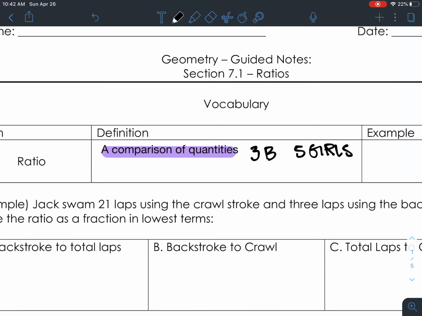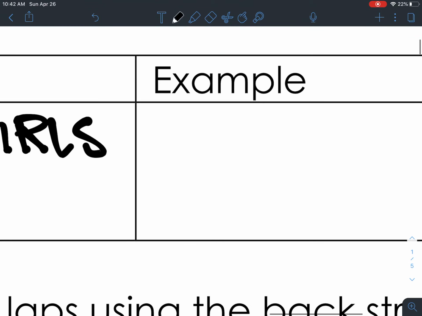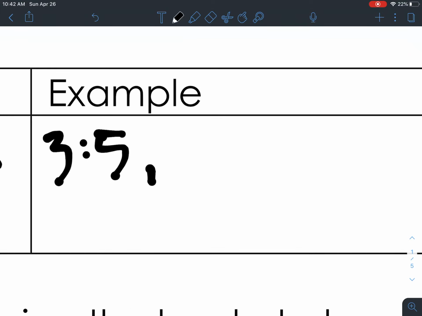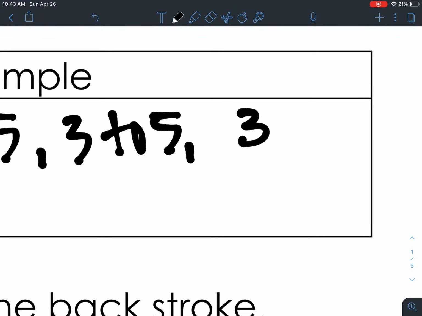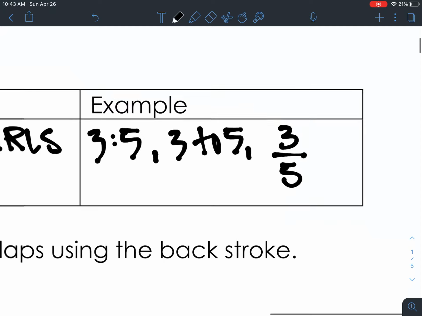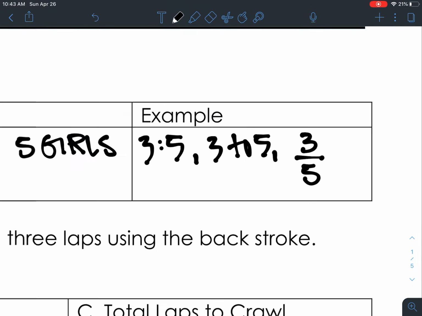So the first way to write a ratio is with the colon, so you could do 3:5, okay? The other way is you can actually put the word "to" in there, so 3 to 5. And then the last one is as a fraction, and you could write 3 over 5. So the 3 different ways of writing a ratio are with the colon, the word "to", or as a fraction,